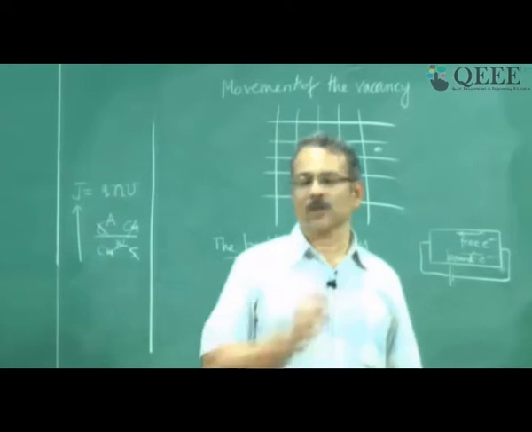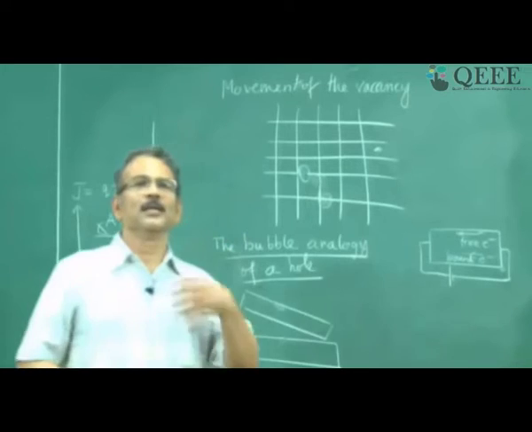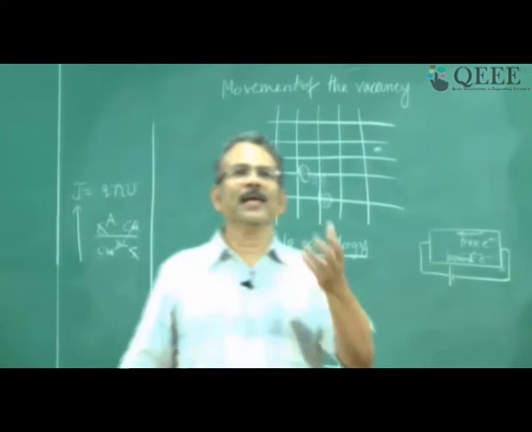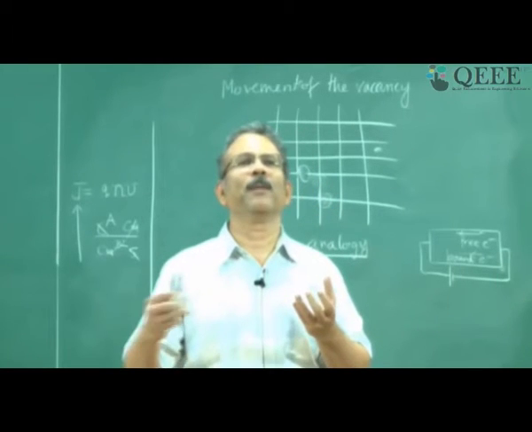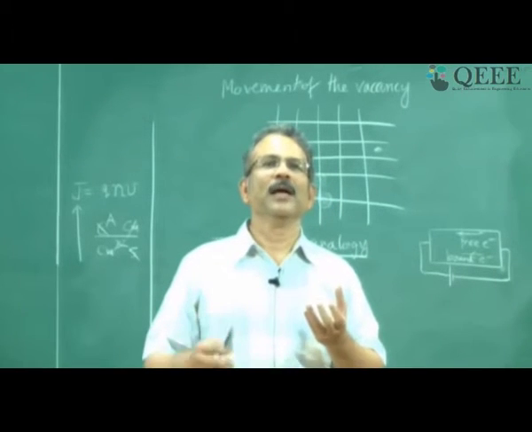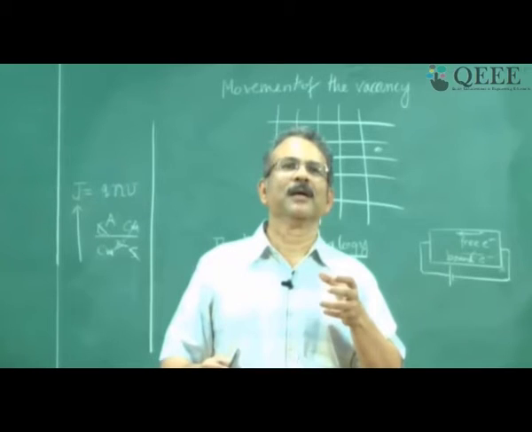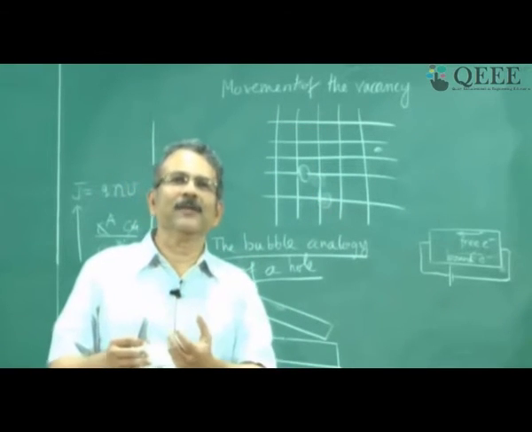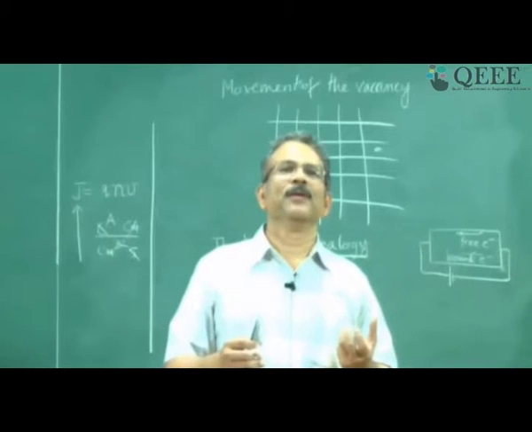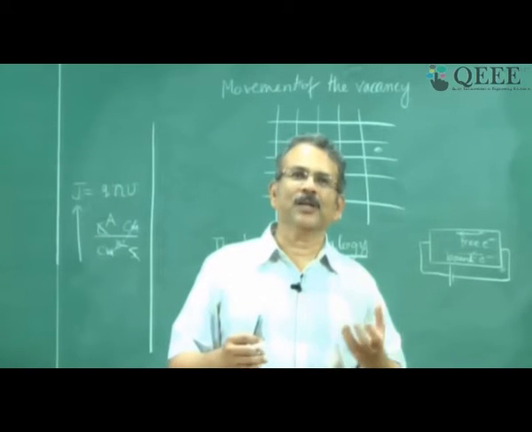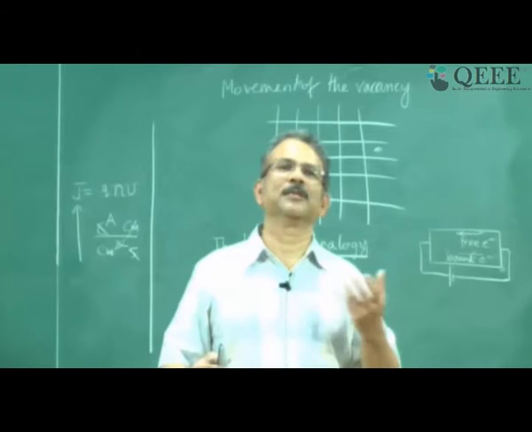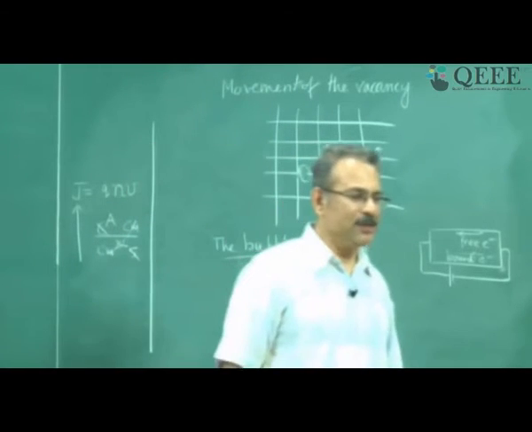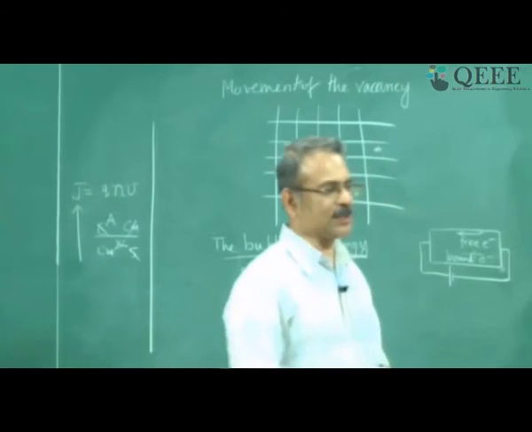That is why the vacancy is called a hole. Just as the bubble moves in the opposite direction to the liquid, the vacancy moves in the opposite direction to the movement of bound electrons. Therefore, it is given a positive charge. If you apply an electric field, electrons will move in some direction, whereas the vacancy will move in the opposite direction. Therefore, the charge of the vacancy is opposite to that of electrons, it is positive. That is how the hole is given a positive charge. It is a positive mobile charge.